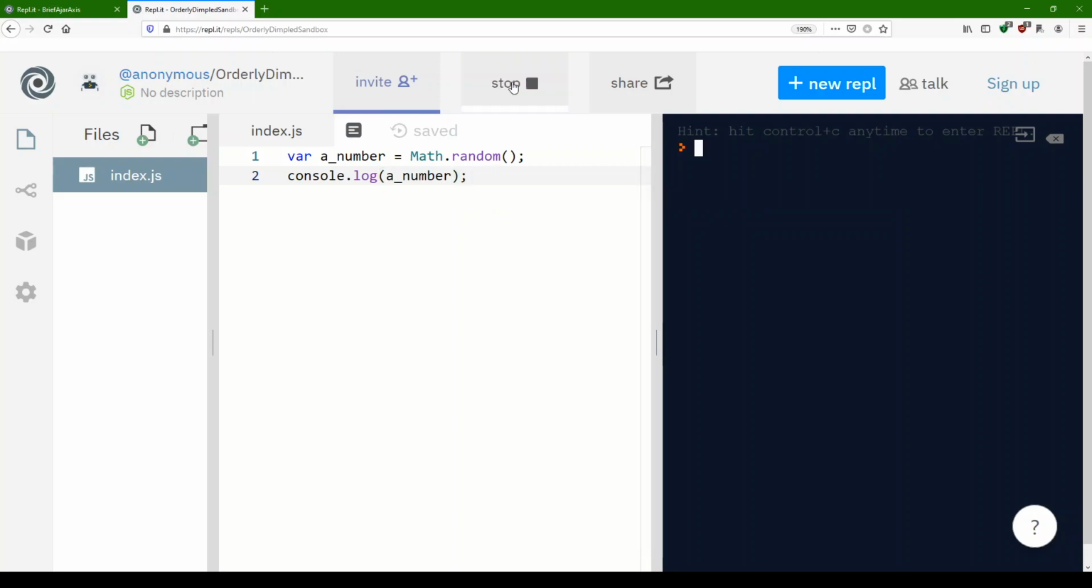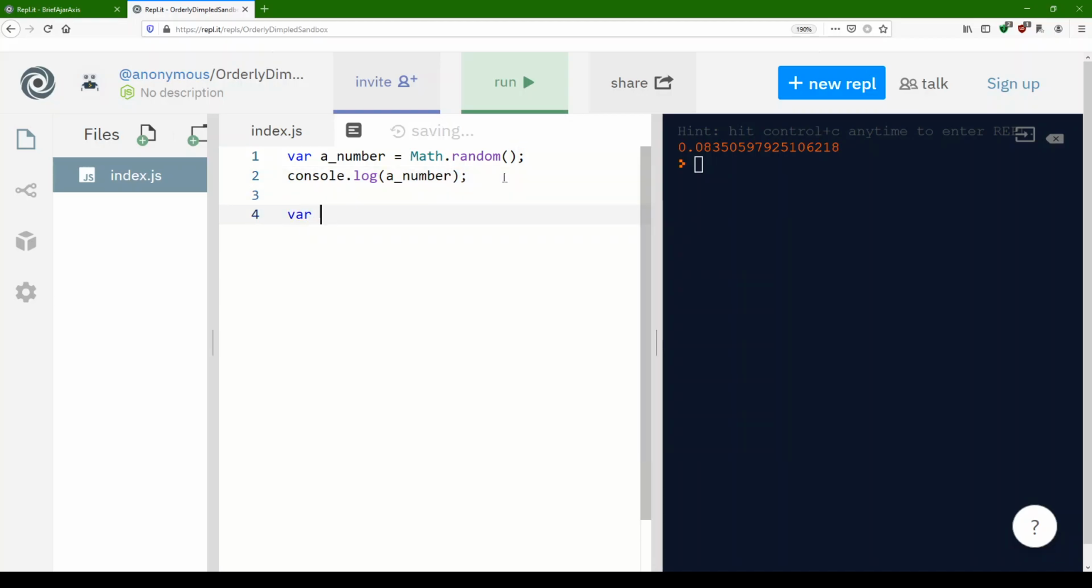Now let's run it. Let's run it again. This is a random number, so it's going to spit out a different number each time. But for now, that's pretty useless, don't you think? So why don't we say it has to be a random number between 0 and 5? Well, let's go ahead and type in there